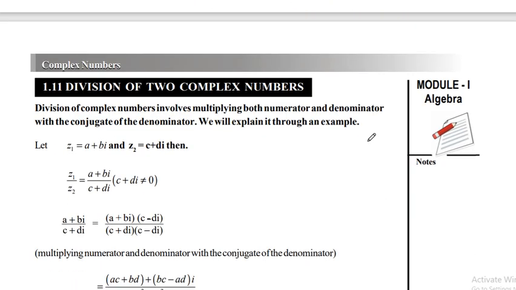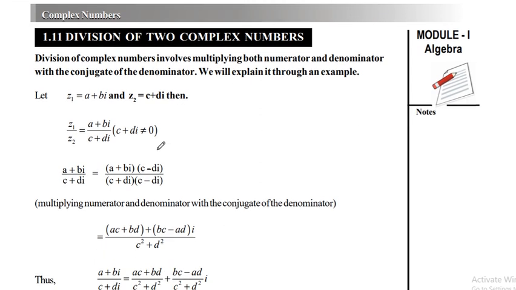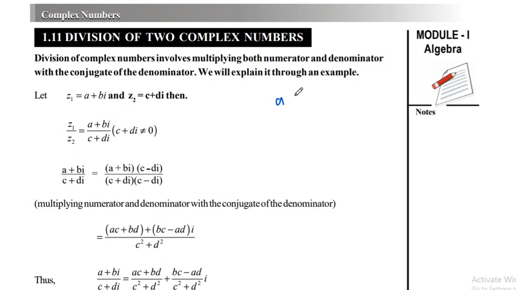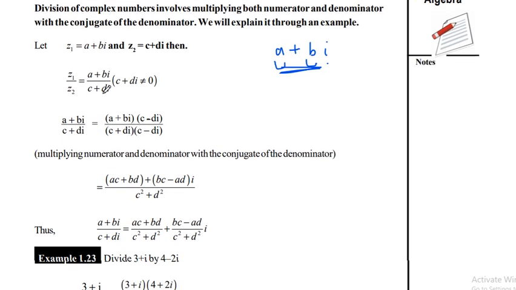Okay, so similarly, if you are dividing two complex numbers, you cannot leave it like this, because every time your answer should be represented as a plus b iota, x plus y iota. Every time you should have something real plus another real times iota. So whenever you get complex numbers, you should end up getting this. So if you are given two numbers, a plus b iota over c plus d iota, we cannot leave iota in the denominator. So what we do, we multiply and divide by the conjugate of the denominator. Whatever you have in the denominator, we take the conjugate.